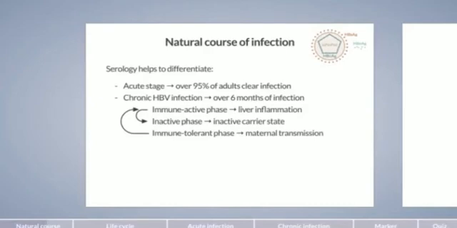One consequence of the long duration of immune tolerance is that it leads to a high frequency of maternal-infant transmission in endemic countries. This list of chronic forms is not exhaustive, and there are further special constellations. However, if you keep these 3 phases in mind, immune-active, inactive, and immune-tolerant chronic hepatitis B, that's a solid basis. Serology is also able to detect a past resolved infection. Furthermore, it can be used to detect whether a patient has been vaccinated against